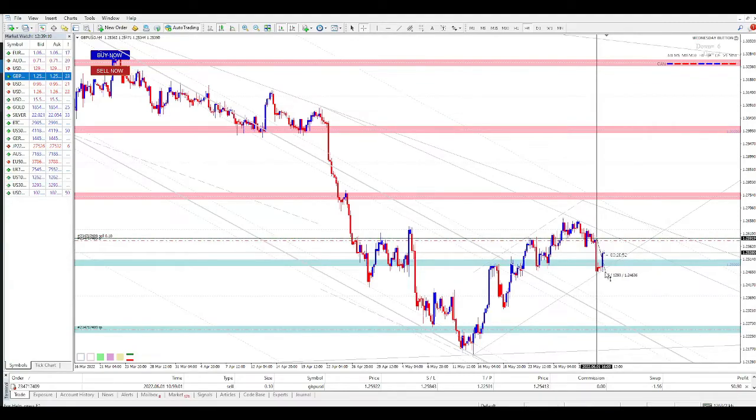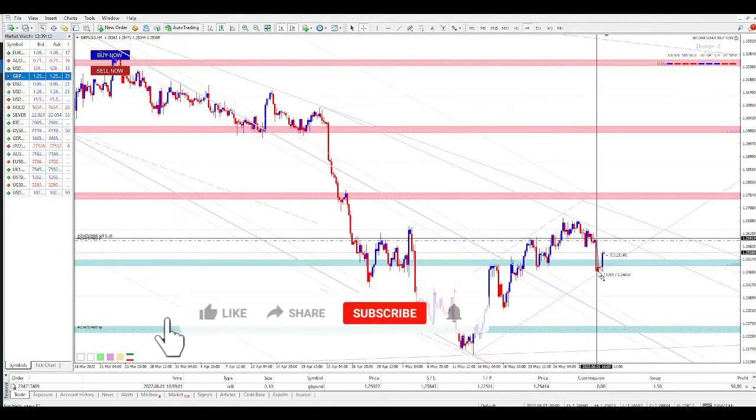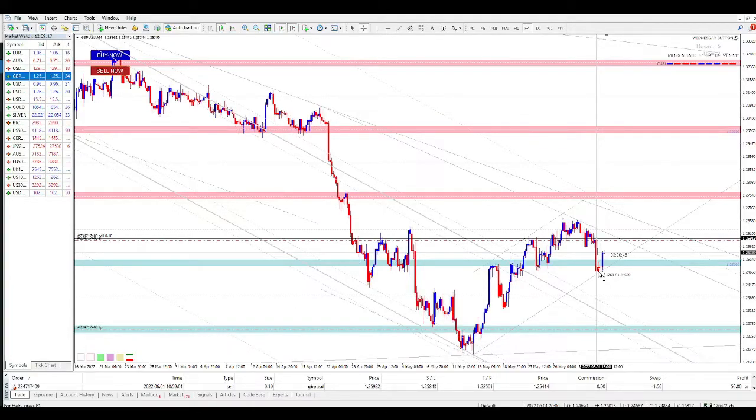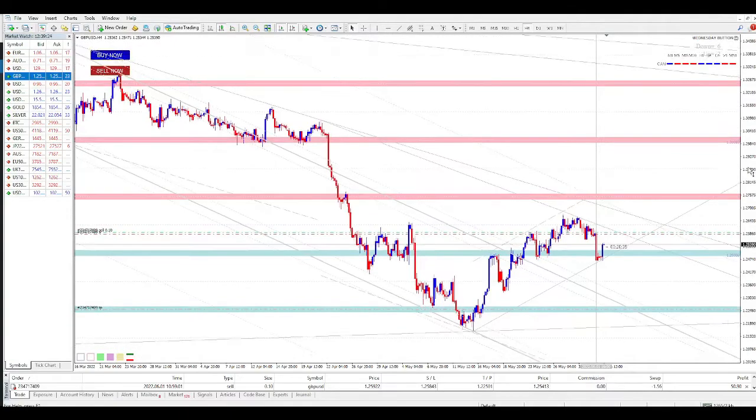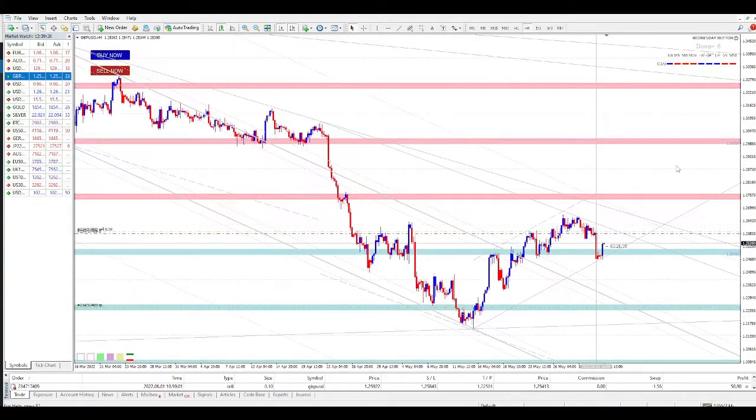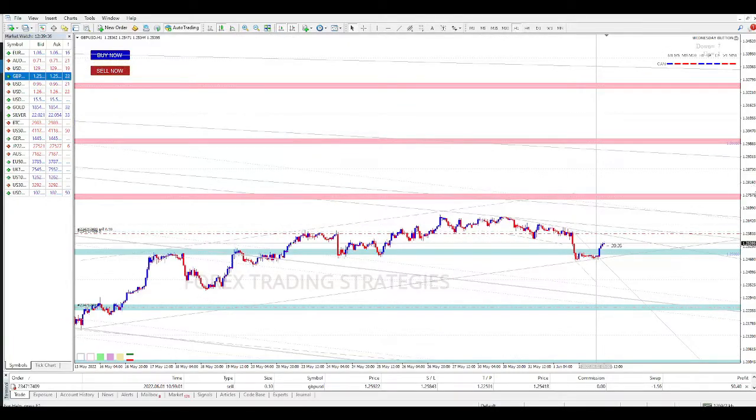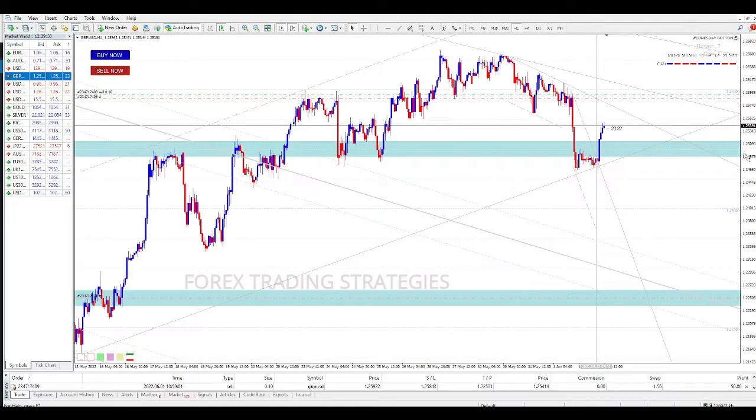That's around about some 126 pips at its furthest extent yesterday. So yeah, it is what it is. It's kind of reversing against me. If it comes back and takes me out on break even, that's fine. I allowed the market to show me when I am wrong. At least I'm at break even, so it's not technically a loss, but it's still a loss, being taken out at break even.